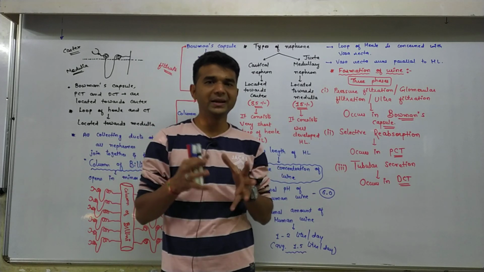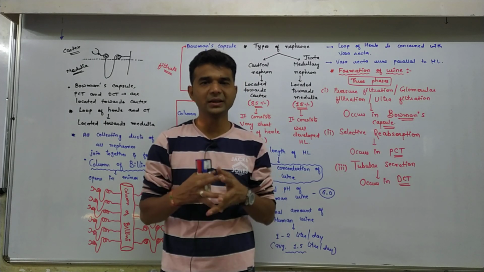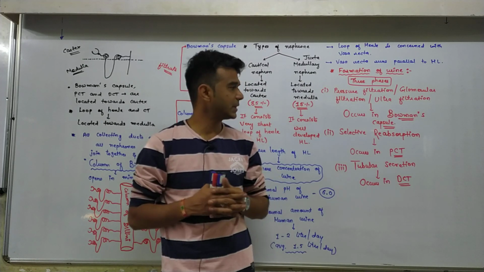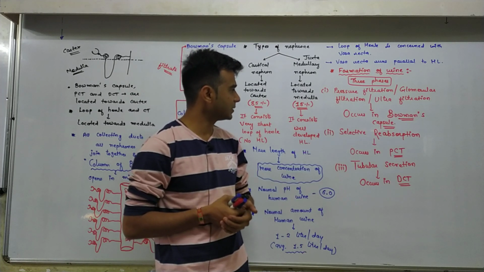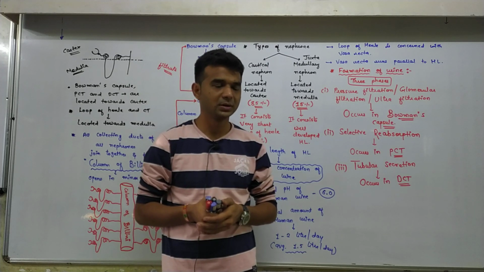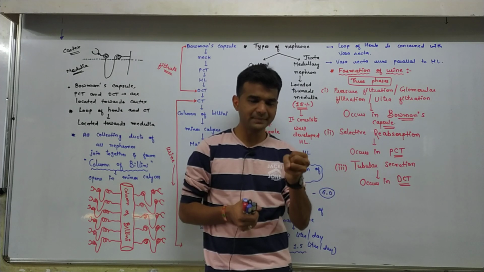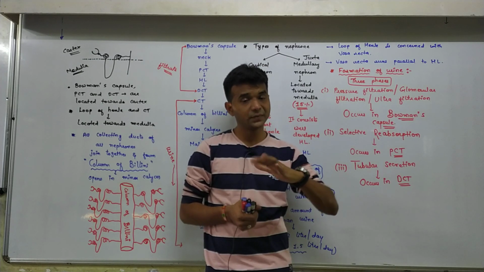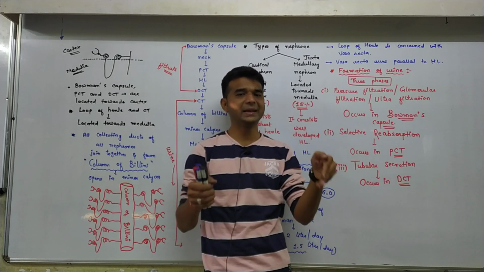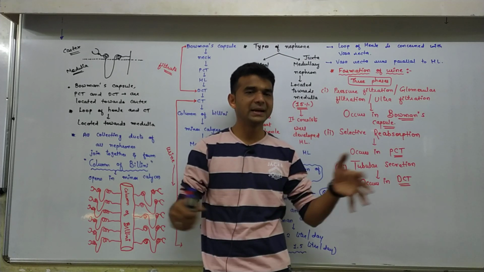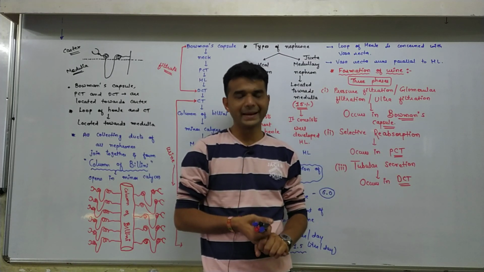Some components are very important in the filtrate. They should be absorbed back into the blood. Okay, so that is known as the second phase, selective reabsorption. Selective reabsorption means the important components which are filtered from the blood and present in the filtrate, but very important for the body, are selectively reabsorbed and poured back into the blood.